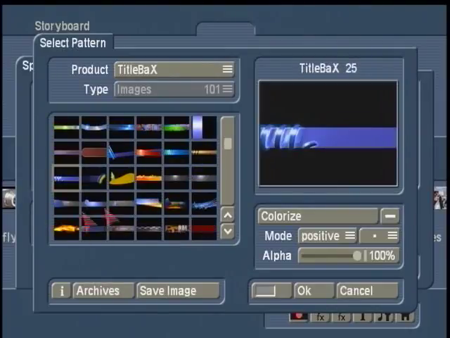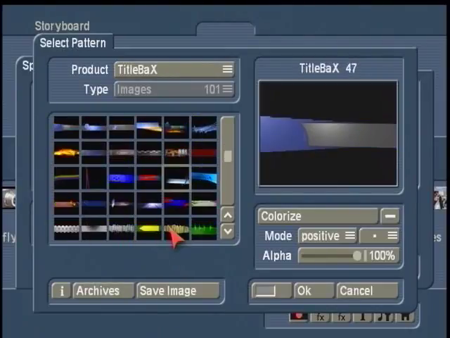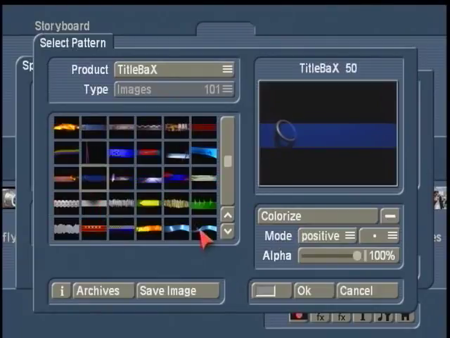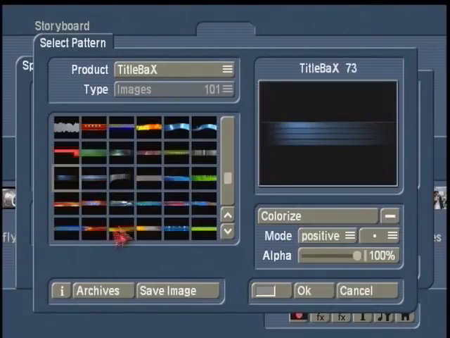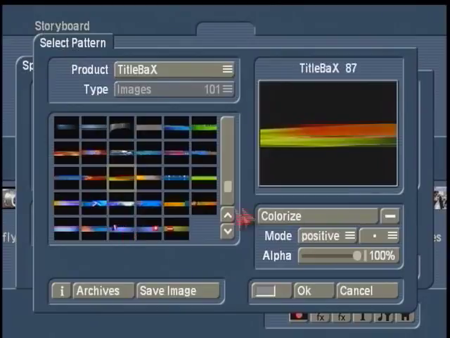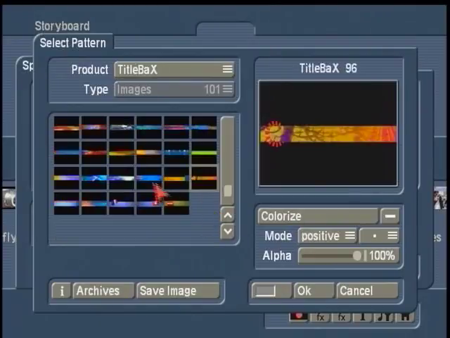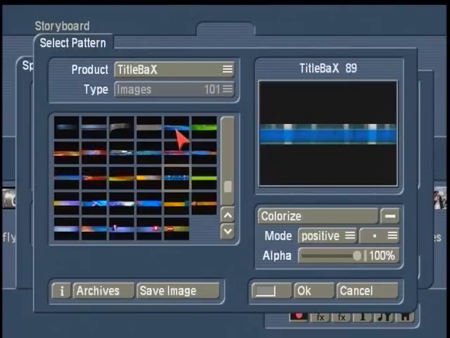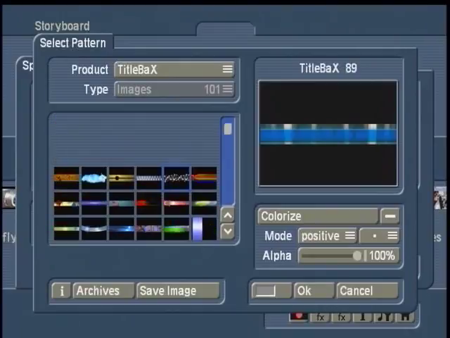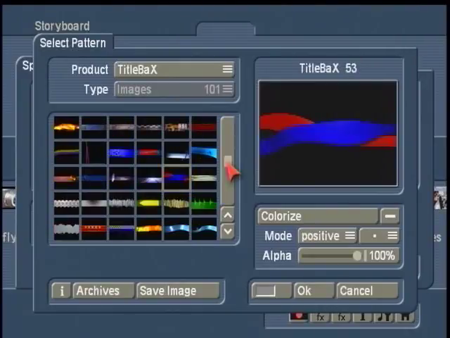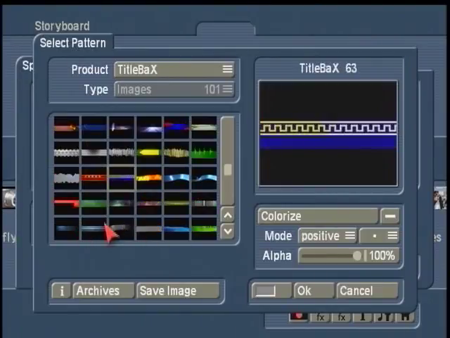I'm just going to randomly click through here so you can see a few in the preview in this little video, so you can at least get an idea of a few options that Titlebacks offers you. Creating different weaving methods of putting these patterns together with colors and imagery. Just like your normal pattern generator, you have the choice to move up and down the list with your elevator slider, or come over here and choose one of your graphics that you like. And I'm going to choose this